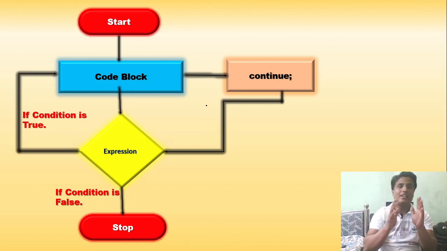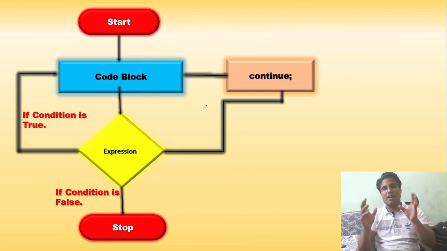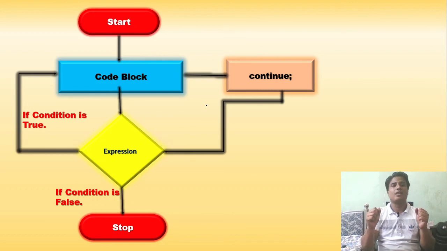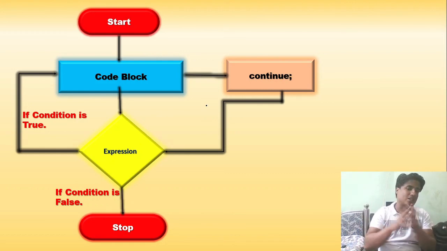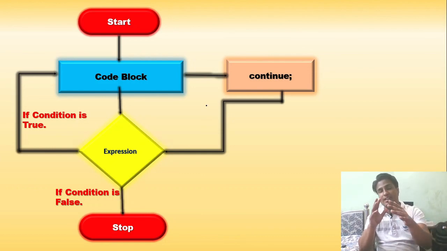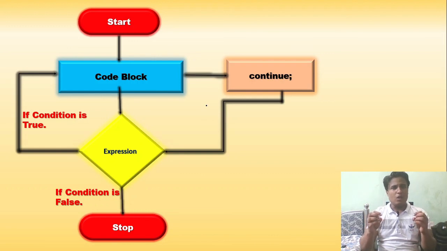It is generally used whenever you have a bunch of numbers. Suppose you have a bunch of numbers from -5 to 10 and you only want the positive numbers, so you can eliminate the negative numbers using continue. It is used for skipping some part of the code. Break does something similar, but it directly terminates the loop. Continue does not terminate the loop, it just goes to the next updation or condition checking. You will understand it more when I move on to the coding section. For now just understand it in this manner. Hope you're getting it.